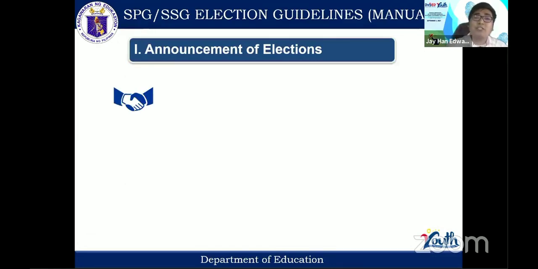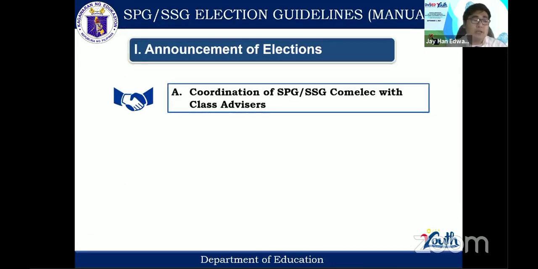For the announcement of elections, we have 3 main activities here. Letter A, coordination of SPG, SSG, COMELEC with class advisors. The COMELEC shall announce the conduct of elections and schedule of activities amongst class advisors, informing that each elected president of the class or of the section will be the representatives and participants of this school year's